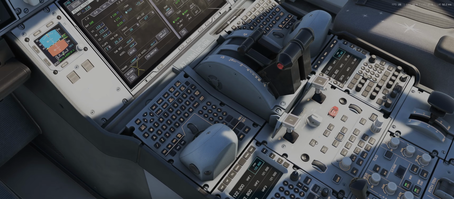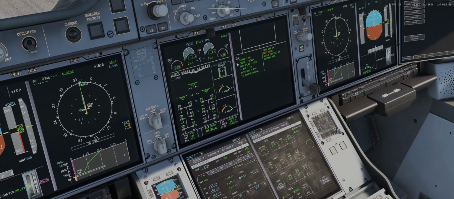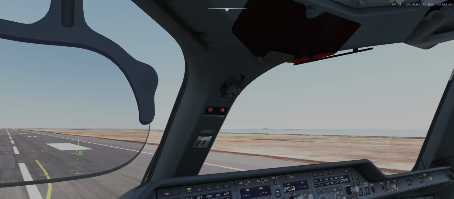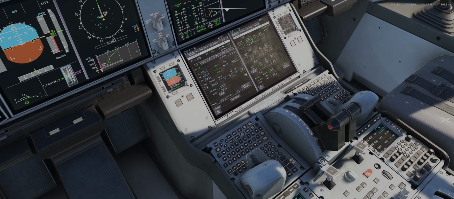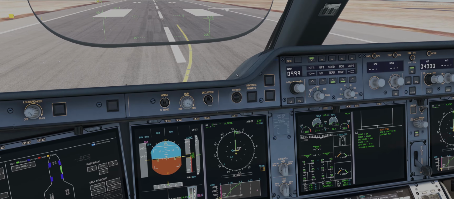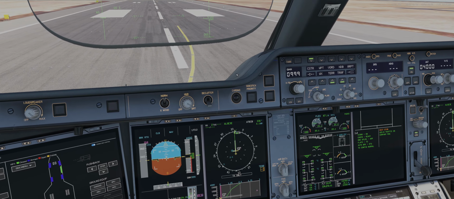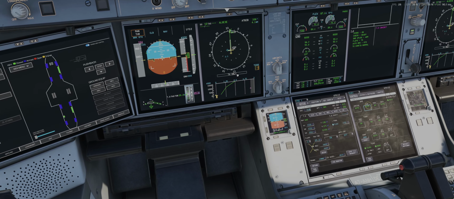5, 4, 3, 2, 1. You can see now it's normal. And that's it. We're ready to fly. So, let's disengage our brakes. And just pull up. Make sure we have good spoilers. Yep. So now let's set it to